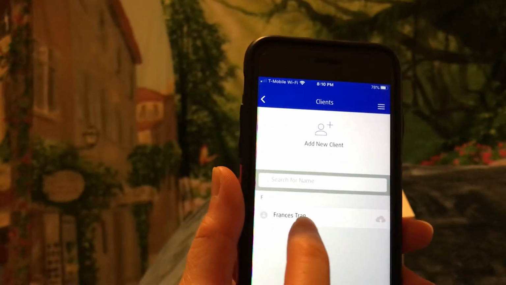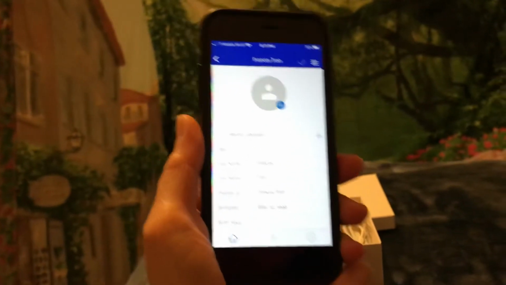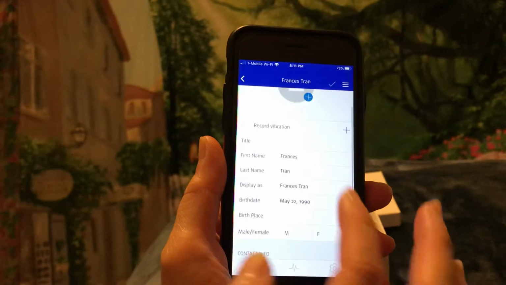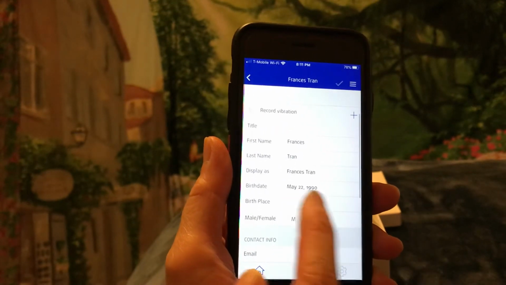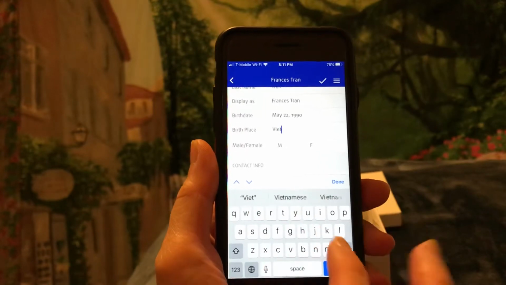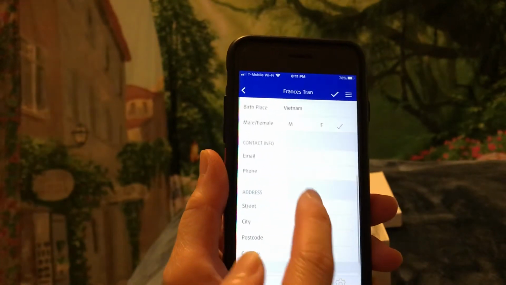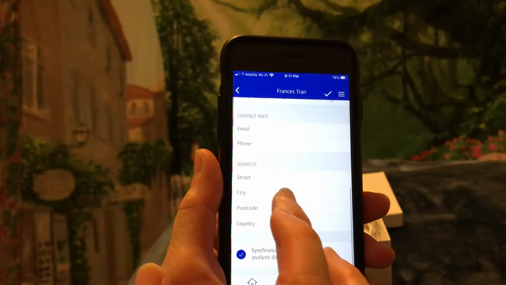I've started to put my name in, but I didn't get to finish everything, so I'm just going to show you what I'm going to do with this. My name is in, my birth date's in, birthplace. Let me put that in. I'm a female. I don't think I have to put my email or phone, but they did say that you